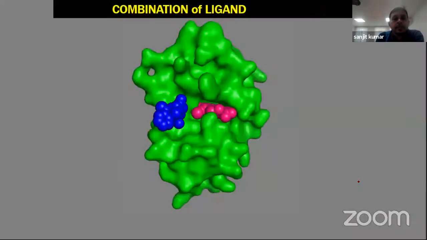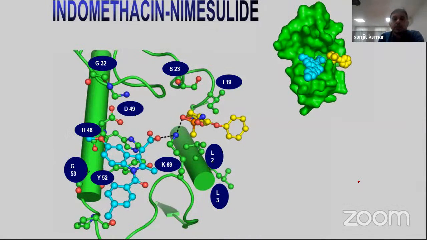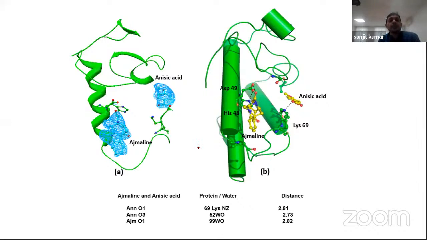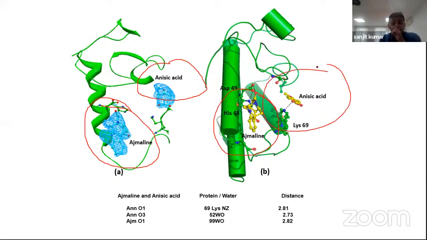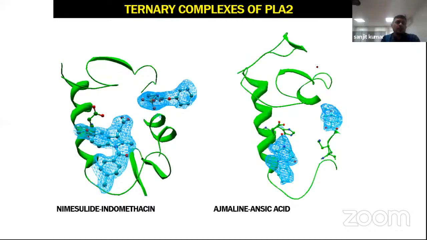So we have done the same thing with indomethacin and nimesulide. The same thing we have used for both our natural compounds, asmalene and anacetic acid. Both are natural compounds, with less side effects. So we made a combination. We have tried a lot of combinations, but only these two combinations were successful. This is asmalene, that one is anacetic acid, and we found that it inhibits. Then we call this a ternary complex of phospholipase A2, indomethacin and nimesulide, and indomethacin, asmalene and anacetic acid. So better I will discuss about my lab, what we are also